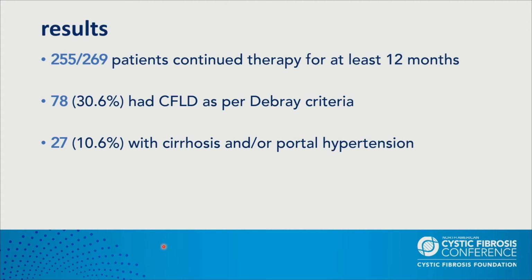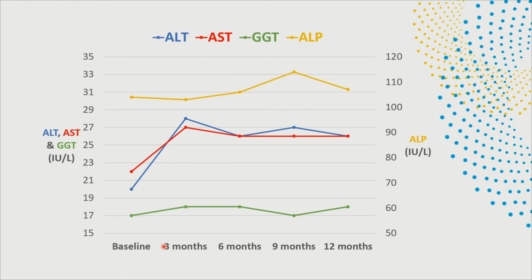So of 269 patients on ETI, we had 255 who completed therapy for 12 months with no discontinuations related to liver abnormalities. Most discontinuations were in fact related to pregnancy. In our cohort, 30% had a diagnosis of CF liver disease, and 10% had cirrhosis and/or portal hypertension. So this graph shows